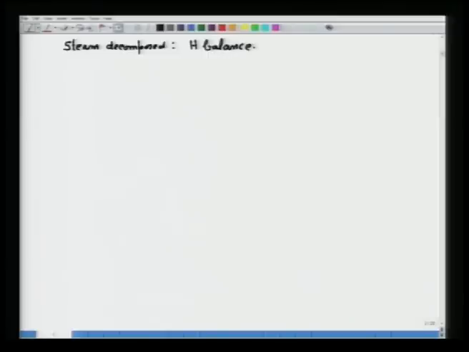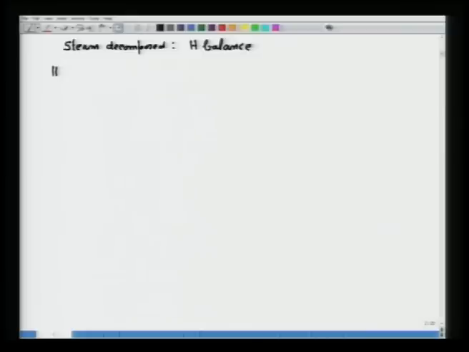You have to perform hydrogen balance. I am writing H balance because coal, tar or soot always contain elemental hydrogen, whereas gas contains H2, it does not contain H. So, if you write down the hydrogen balance, then H from coal